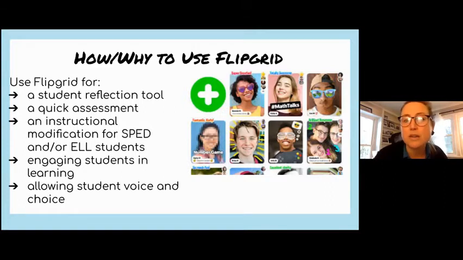And in terms of choice, you can give choice on the prompt, or there's so much choice just even within that social media style camera. It almost is like a TikTok for schools. I've heard that comparison happen before, that they can add their own filters. They can record as many times as they want until they're comfortable with their recording, and only then do they press submit. So that's helpful for students who are still practicing with their English or might want to re-record a